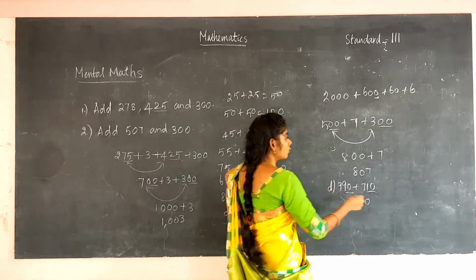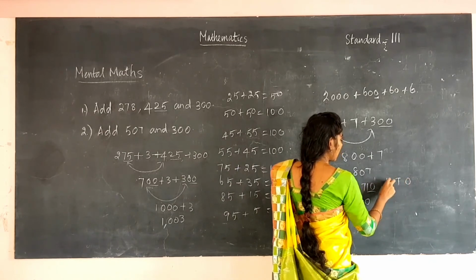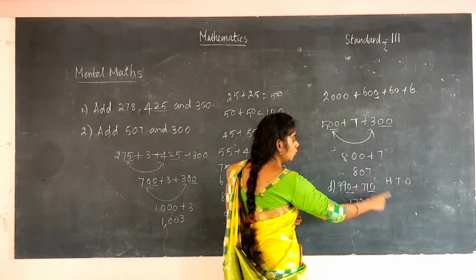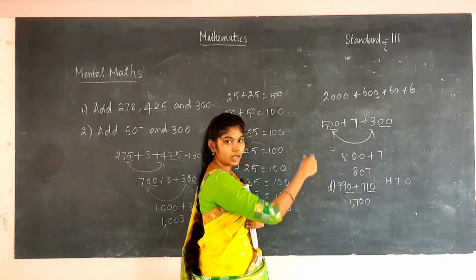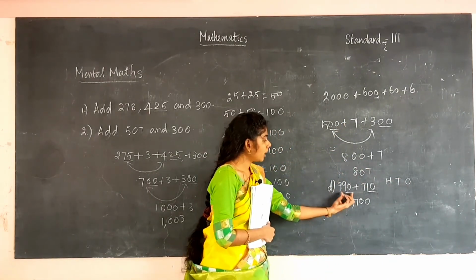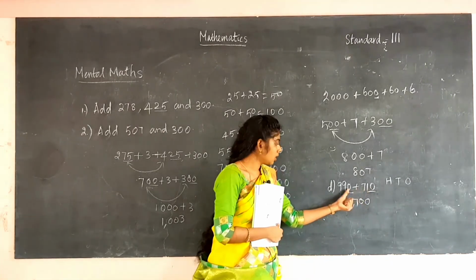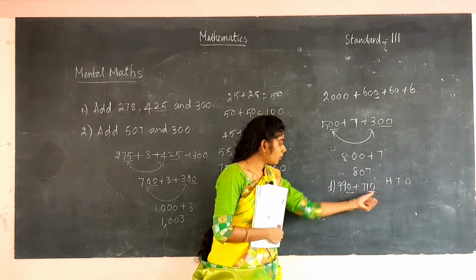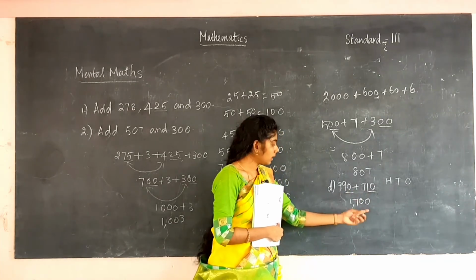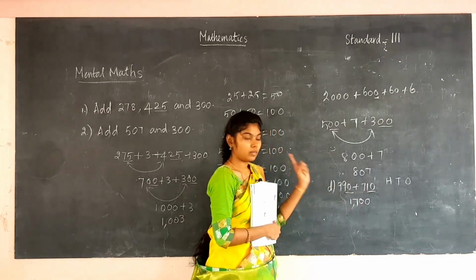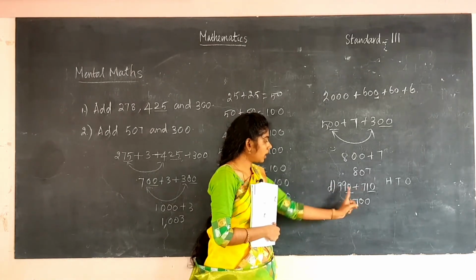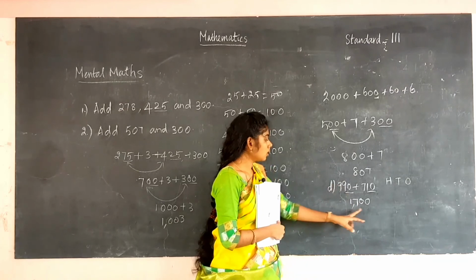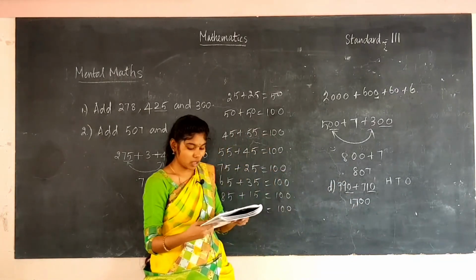Actually what you will do, you will place the values ones, tens and hundreds. Then you will write the number and the second number, and then you will add from the ones, the tens and the hundreds. So this is the easiest way. How to check the last two numbers? Already you are seeing the last number is 0, write 0. By taking the last two numbers you get 100. So writing another 0, take 1 in the mind and adding 1 to the 9 you get 10, and here 7, so you got 17. So you got the answer. So this is a simple way you are doing here.